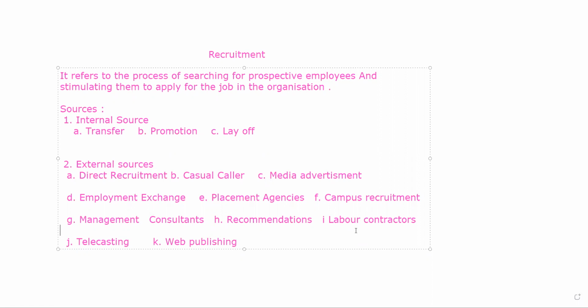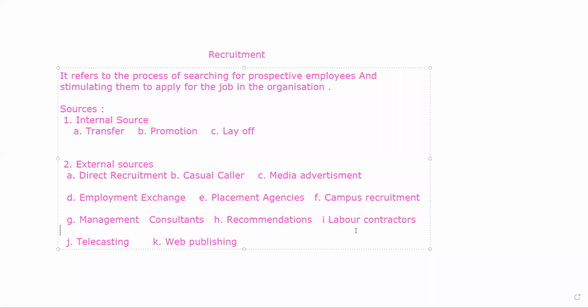Management consultants are nowadays so much available because at the middle level and top level, organizations need executives, and the executives have to do the managerial work also. Whenever they have to do the managerial work, they are rented on a commission basis or a fees basis, and they perform a very important job in the organization. For that purpose, management consultants play a very important role.